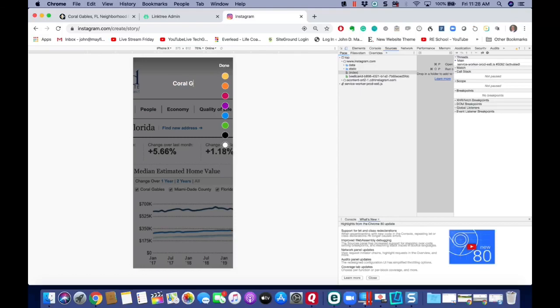Coral Gables, Florida, housing stats, April 2020, full report in my bio. I'm going to make that yellow. And boy, it's just not working. And it's probably because of, unless there's just something else I'm doing totally wrong, but I'm going to go to